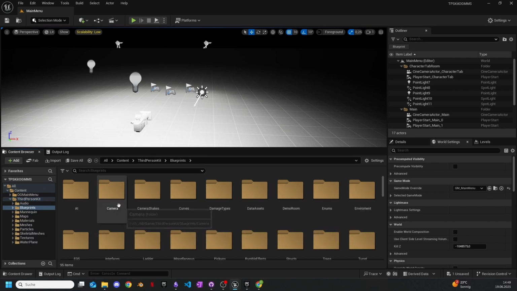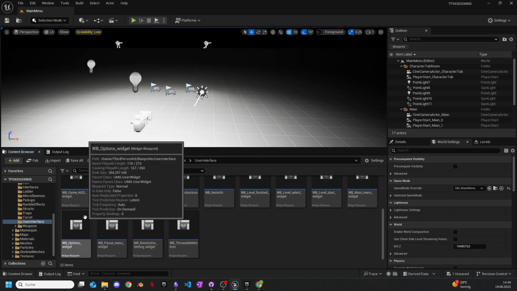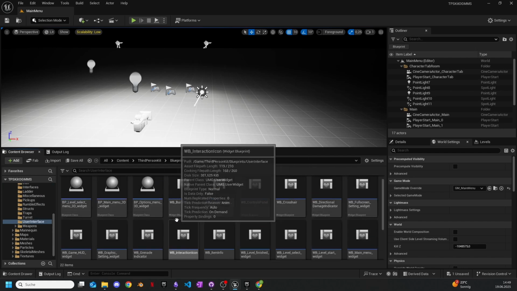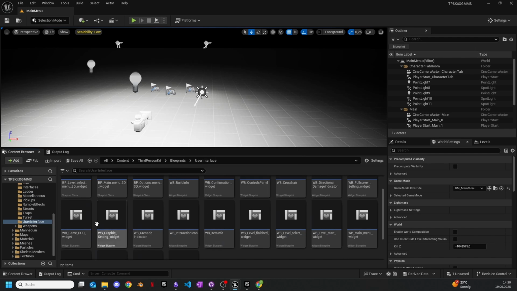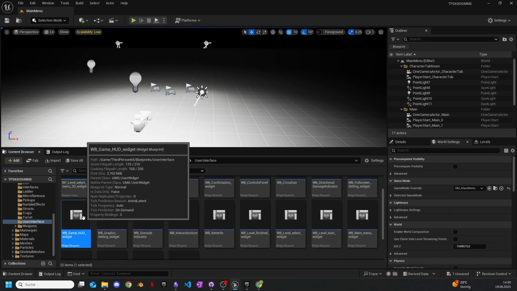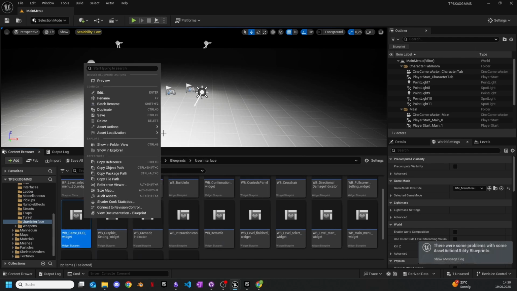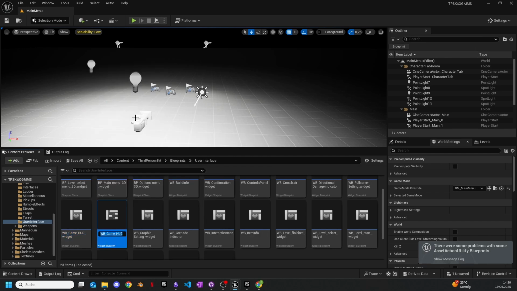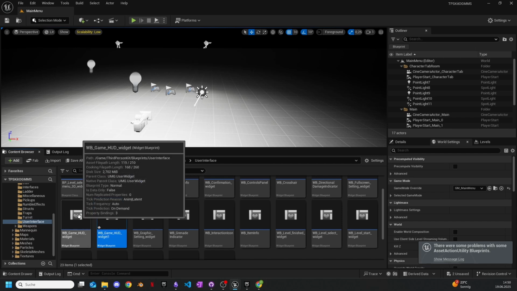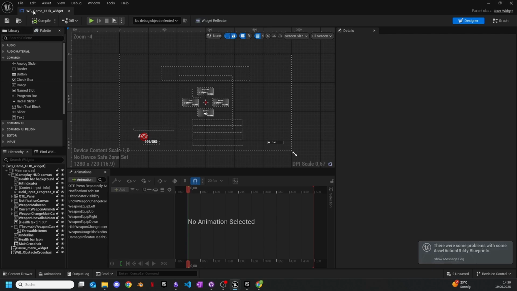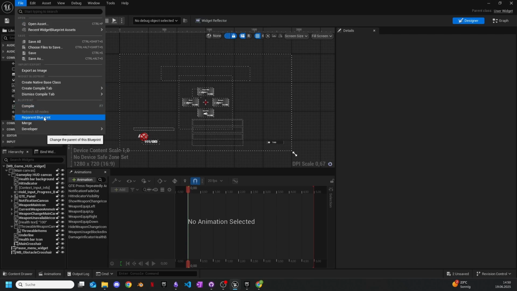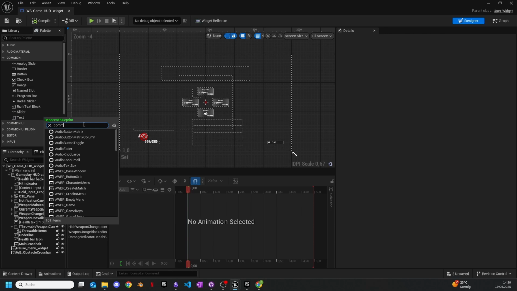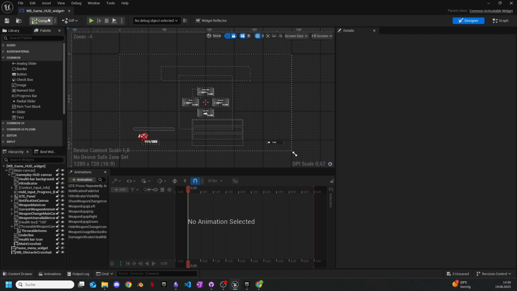Next we go into Blueprint and user interface and find widget Blueprint game HUD widget. Let's just duplicate it to be on the safe side, although it's best to usually use the version control, and open up the original one. Let's reparent it to common activatable widget. Okay, compile and save,